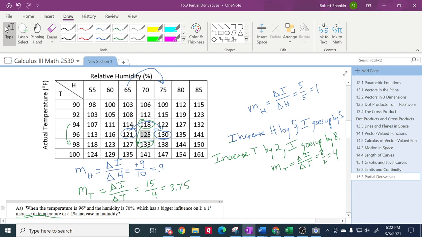But when we say a 1 degree increase in temperature from 70 towards 75, then you're right. We should actually be using this method over here. So the way it's worded would tell us, this would be slightly better than this. Good point,